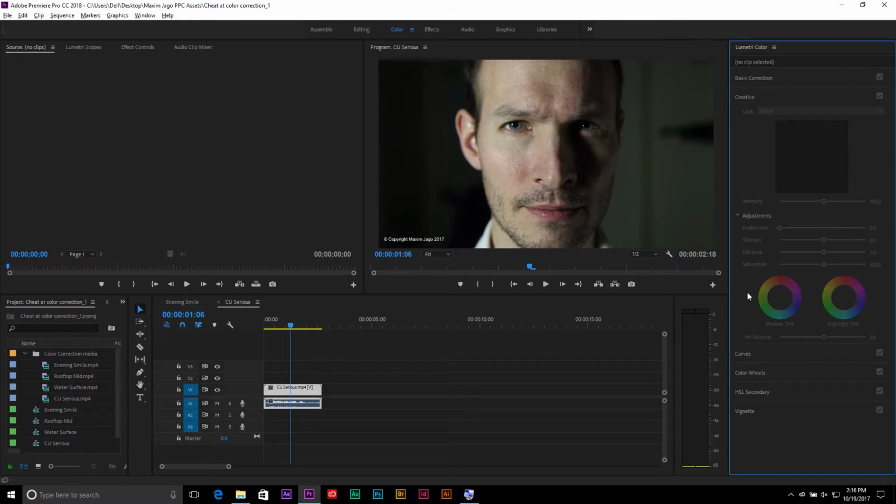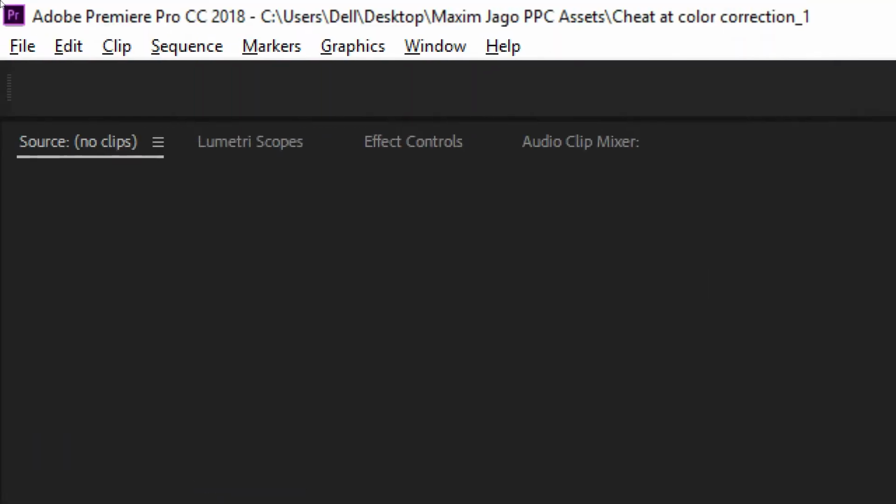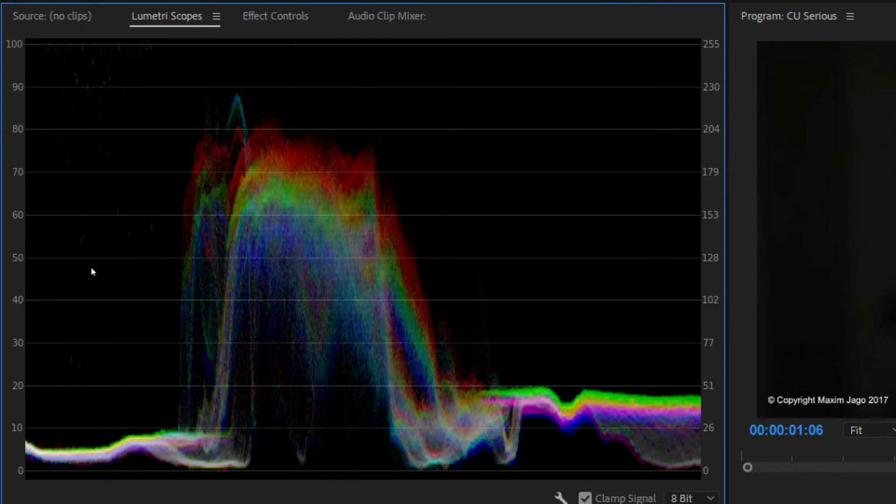But to see what's going on with this media, we need to use our scopes. So at the top left of the screen, I'm going to choose Lumetri Scopes, and this is going to bring up a panel with a number of different options for vector scopes and waveforms. We don't have time today to go into all of these different displays, but there's one in particular I want us to choose, and we're going to work with that to find out what's going on with the luma levels